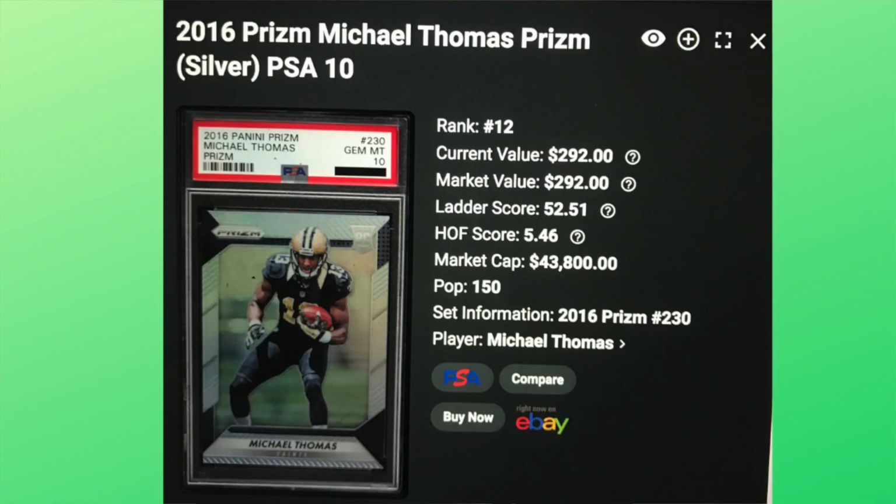Next up, I got to go with my guy. Of course, I couldn't skip over the best wide receiver in football, Michael Thomas of the New Orleans Saints. I'm sure there's some people that'll battle me on that in the comments, and that's fine. I welcome that. But Michael Thomas, and a big reason why I wanted to use this example is because in